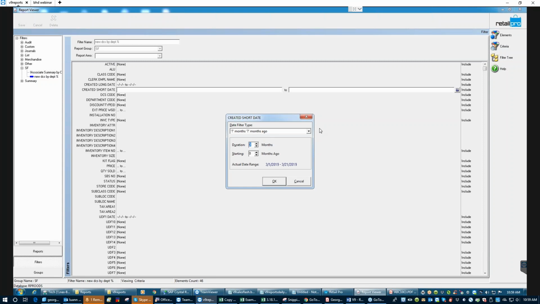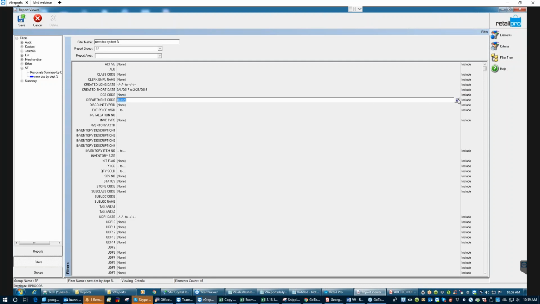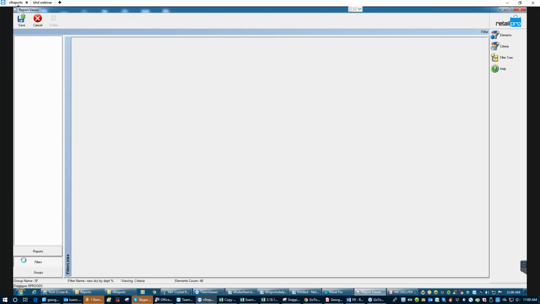Because I don't have too much data in here, I'm going to say 24 months starting 24 months ago. So theoretically, whenever you run it, it's going to run 24 months starting with the last full month. So it's not going to include March today. You can set any of these. If you want to exclude certain departments, you can set that in the filter. If you want to include or exclude certain vendors, you could probably even exclude non-inventory items if you wanted to. There's a lot of filtering that you can do in here, and when you save it, every time you run this report,